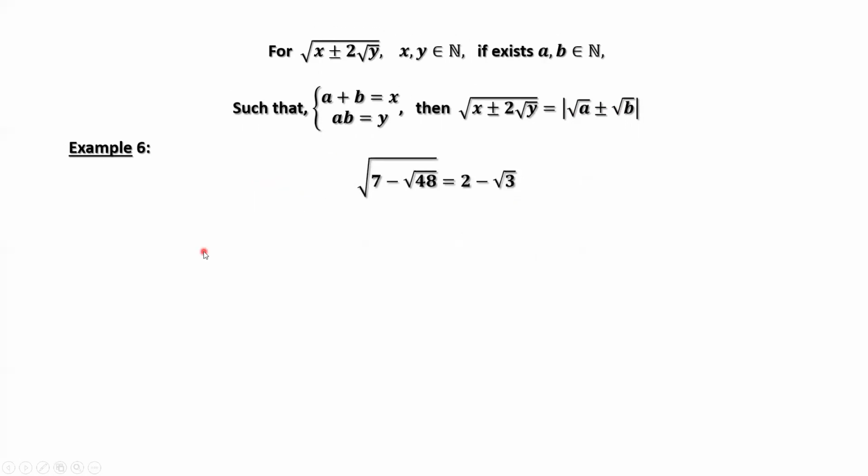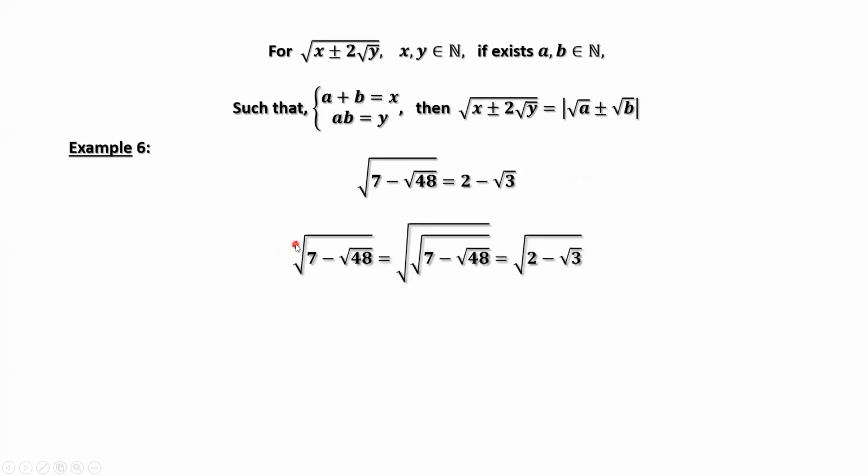Our question is the fourth root. The fourth root, we can rewrite it as square root of square root. The inside part, we can use this result, 2 minus square root of 3. Now we are here. Does this match the given format? No, we don't have 2 here. What can we do? Both numerator and denominator from the inside times 2. Then we have 2 here.